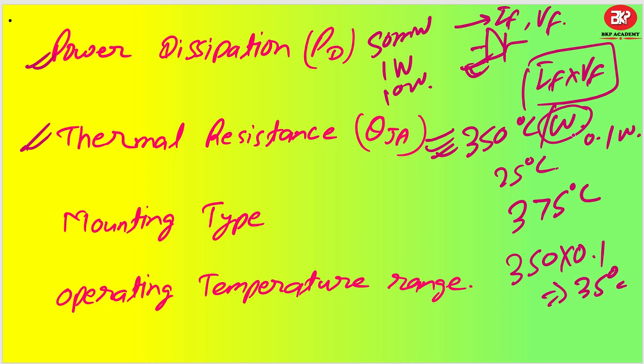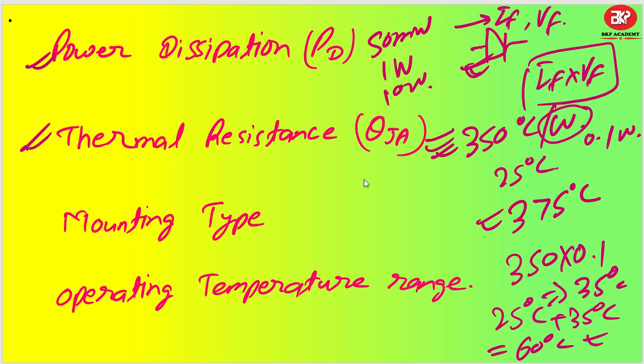So the total temperature will be what? 25 degrees centigrade, which is your ambient temperature, plus 35 degrees centigrade, which is the increment because of the power dissipation across the diode. So this is going to give you 60 degrees centigrade, which is well within the limit of temperature range of your diode. Okay,